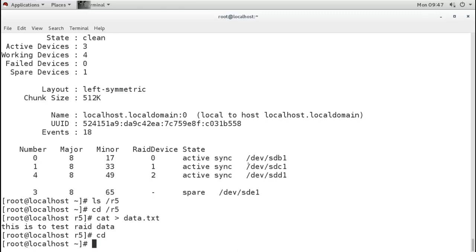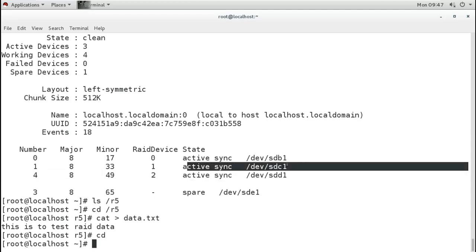Maybe I feel this disk is not good, or it is an old disk, and very soon it is going to go down. So before it goes down, I want to remove this disk from here. We cannot directly remove it. We will first make this disk faulty, and then we can remove it. So it works the same as if it automatically goes corrupt, or I make it corrupt. I can make any of the active disks faulty so that I can remove it.